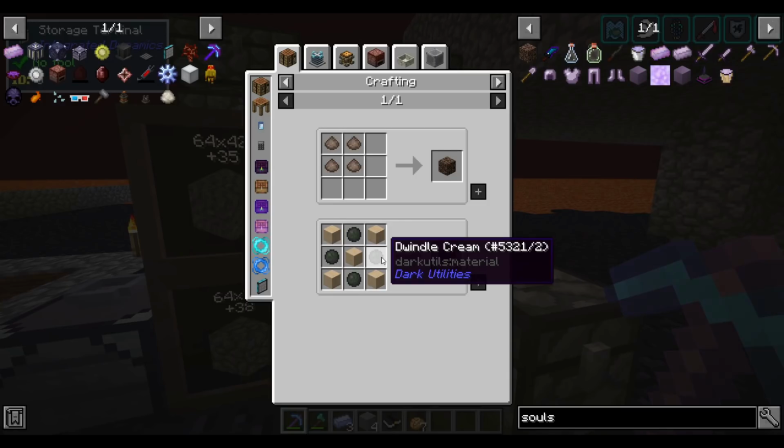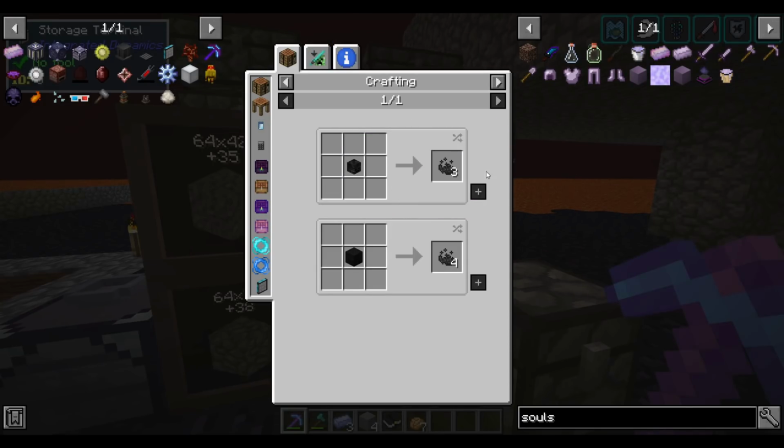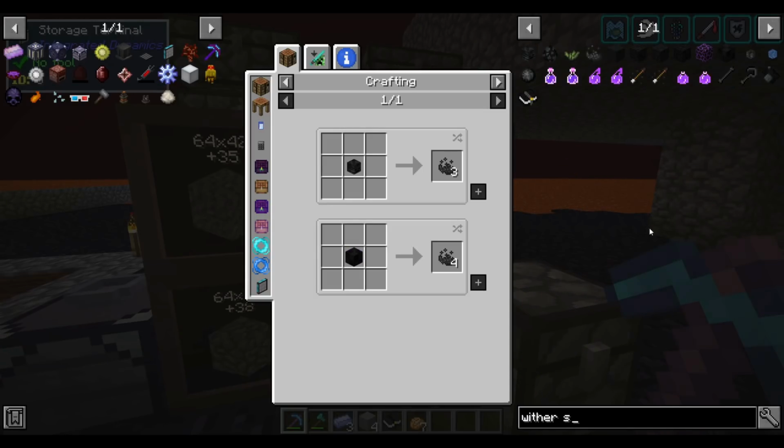Can I get dark sugar? This is just sugar surrounding wither dust, which is probably the easiest way to get it. Can I, let's see, wither skeleton